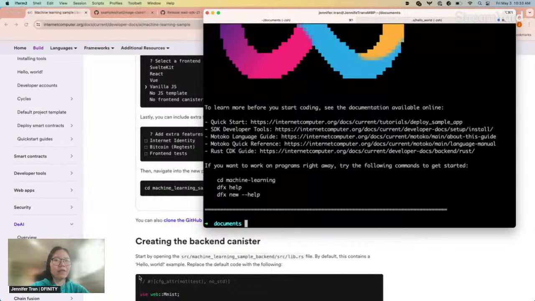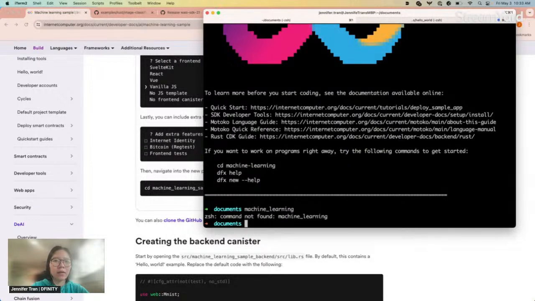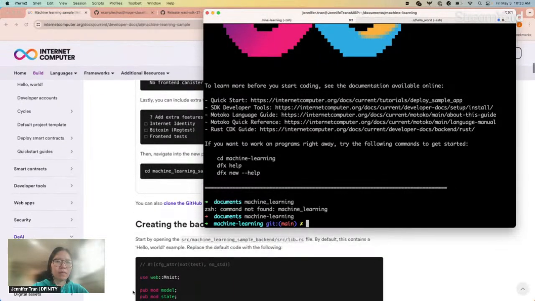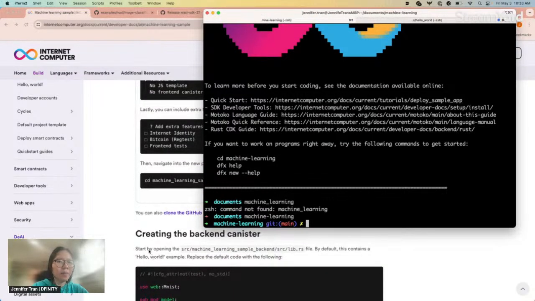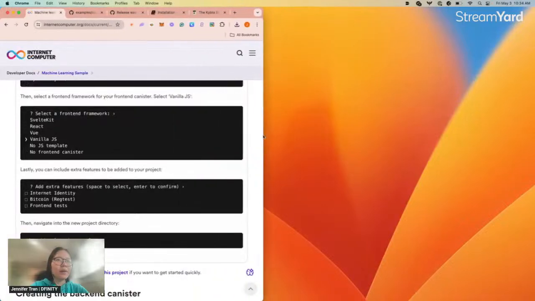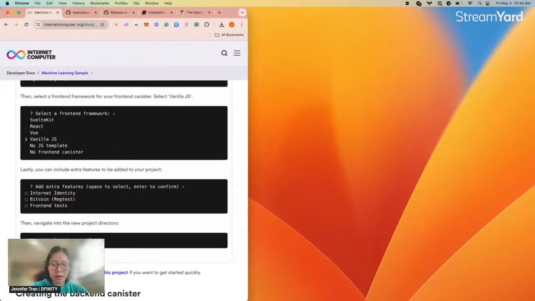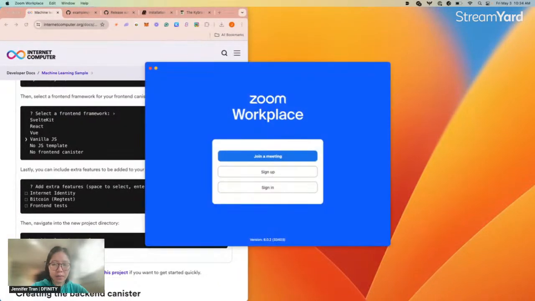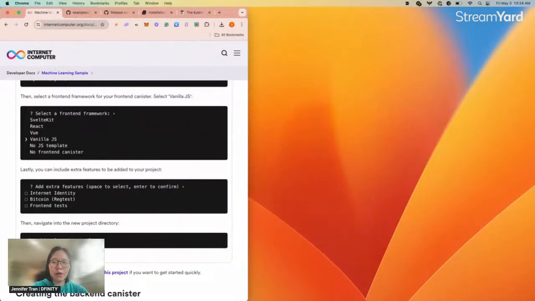Okay. And so in this case, I will now go to my machine learning folder. Okay, great. I'm going to do this dual screen here, where I'm just going to show Visual Studio Code.